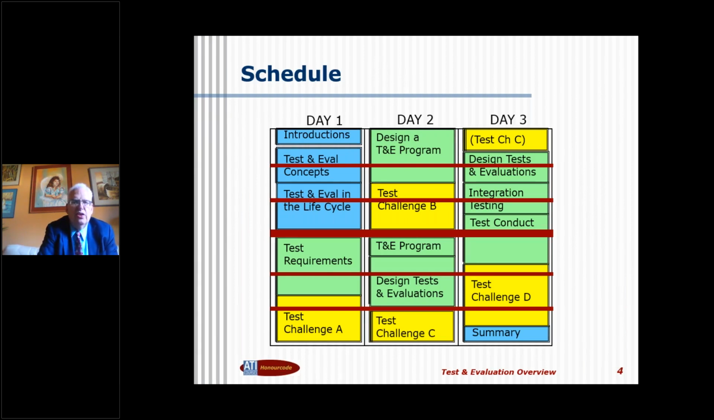The 3-day course starts off with introduction and then talks about some test and evaluation concepts, the basic processes at a high level for T&E through the life cycle. Then we start getting into test requirements, how they're compiled and what are good test requirements. And we also start an exercise to have you use the Lego robots in a group setting to apply these T&E concepts and see if you can do a test program for this very simple system, because the same principles